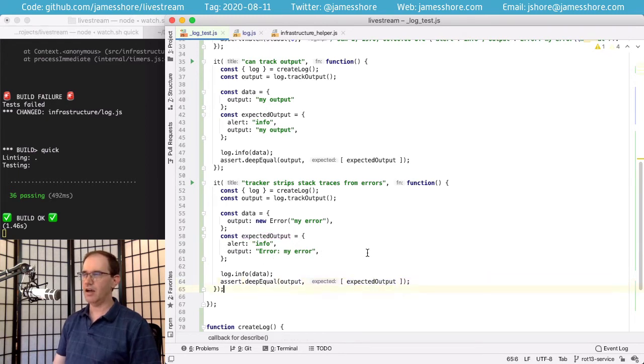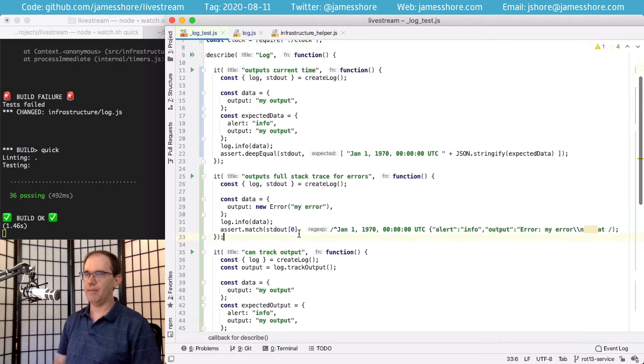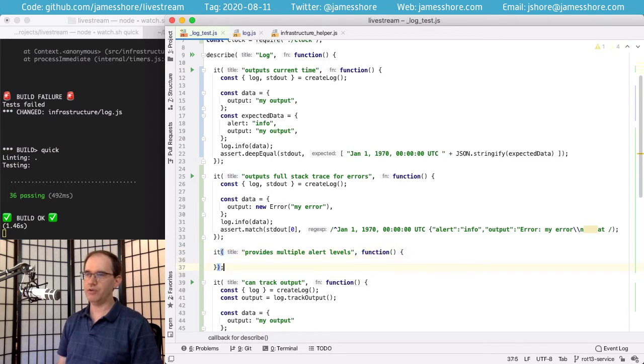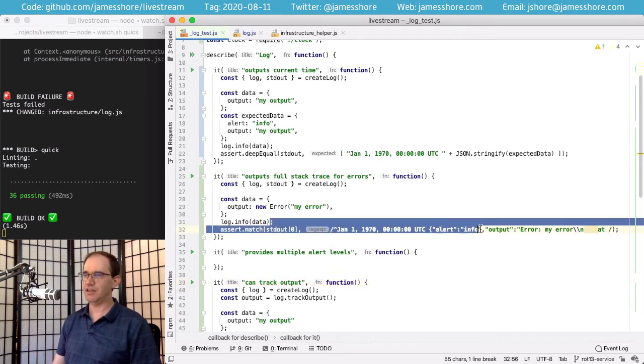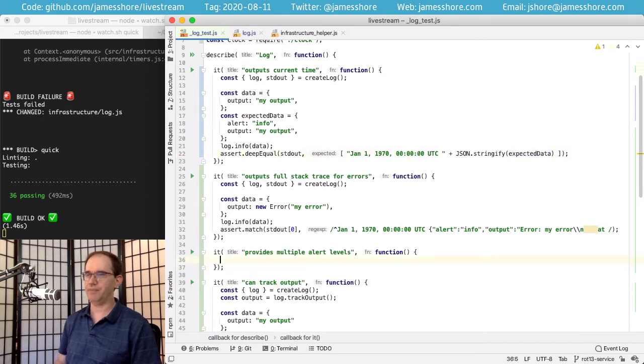I think I just need to do the multiple error levels, and I'm going to put that back up here. We'll say it provides multiple alert levels. Now, the reason I postponed doing this before is because I thought it would be easier to test if we had the tracker already in place. I didn't want to have to deal with this mess of all this stuff every time.